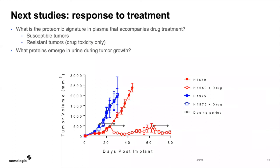I'm going to say a few words about where we are headed from here. So now this is coming all the way back to non-small cell lung cancer. The 2 cell lines that I've described are erlotinib sensitive and erlotinib resistant. And so now you can ask a question: what happens to plasma biomarkers in mice that are carrying erlotinib resistant cells, which are shown in blue here, which grow a little bit faster? And when you treat these mice with erlotinib, the tumors obviously continue to grow because they're resistant to